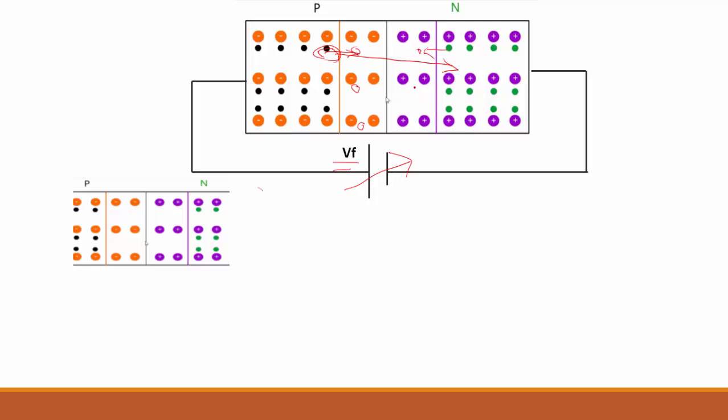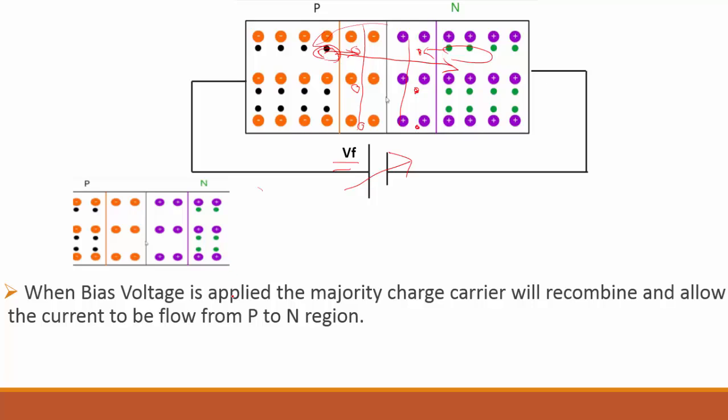That means what is the situation? The first situation we had seen has been erased. That means now the depletion region will reduce. So when the depletion region gets reduced, all the electrons sitting in the N-type region will have energy to cross over the junction, because the depletion region gets smaller. So when the bias voltage is applied, the majority charge carriers will recombine and allow the current to flow,